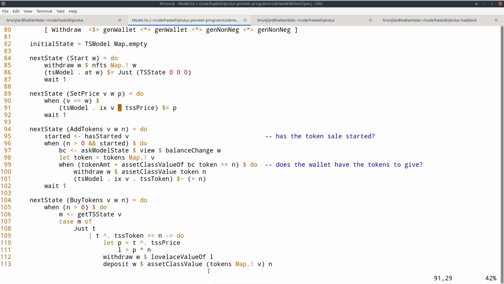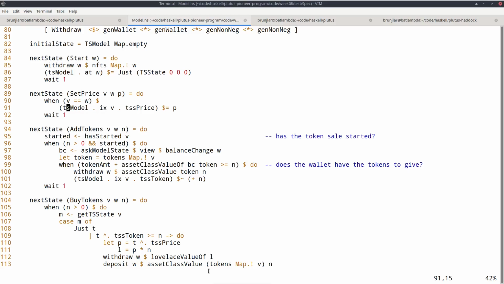So I use the same operator here, this $equal, but now a different lens. Instead of at, I now use ix, which is actually not a lens, it's a traversal. It's similar to at, but the at results in a Maybe, so I can handle missing keys. This ix does not.